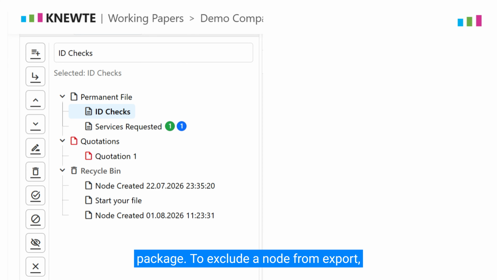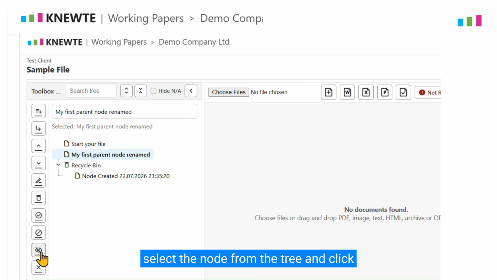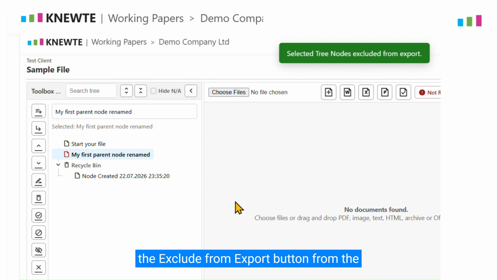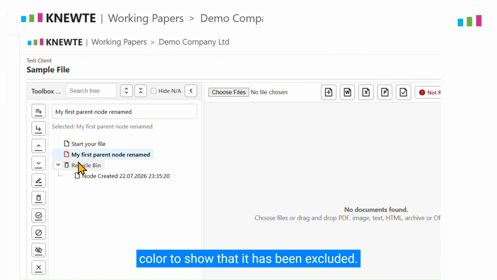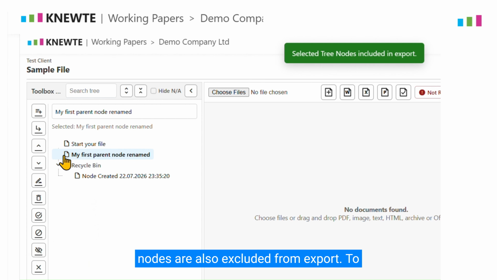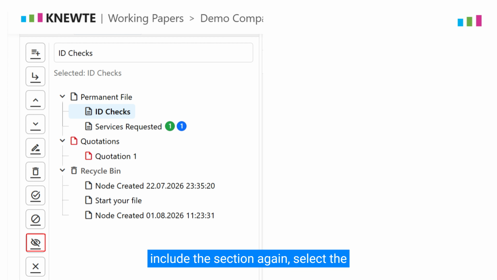To exclude a node from export, select the node from the tree and click the Exclude from Export button from the left toolbar. The node icon will change color to show that it has been excluded. If a parent node is excluded, its child nodes are also excluded from export. To include the section again, select the node and click the same button to clear the exclusion. This gives users control over what is included in the exported file, without needing to delete sections from the working